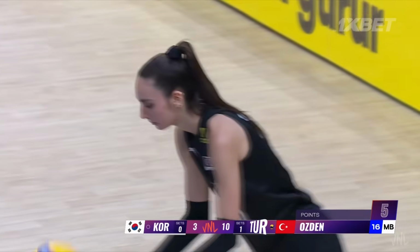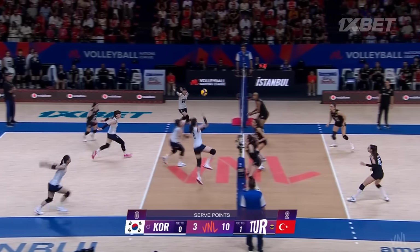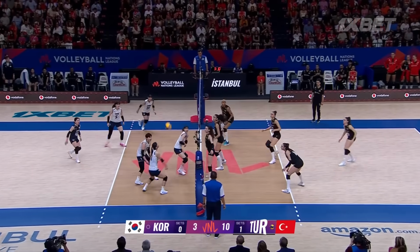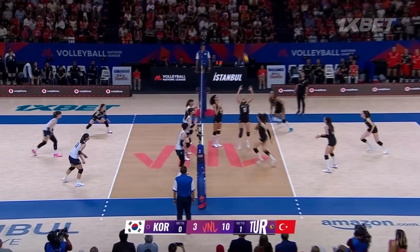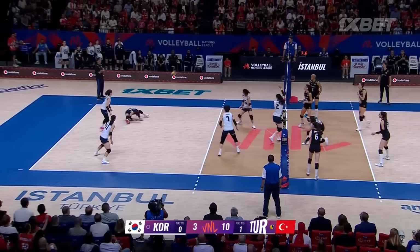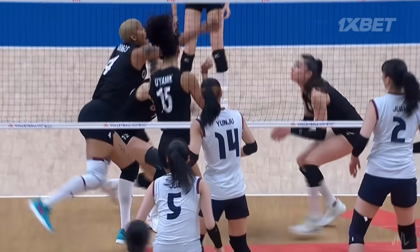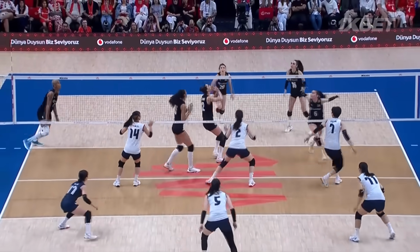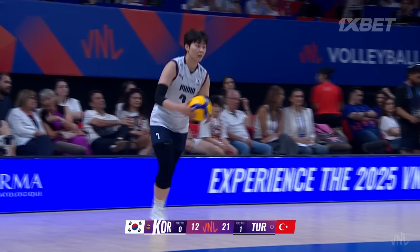Really nice transition. The idea for Korea has to be, how do they improve on their last few matches? How do they work on some things that they can take with them forward in the rest of the VNL? The challenging part when you're playing a team like Turkey, it's hard to work on things when it's just a freight train coming at you. It's really, really difficult. They can work on their...